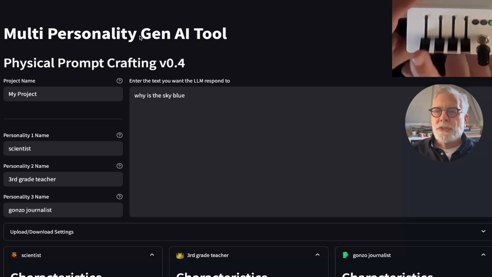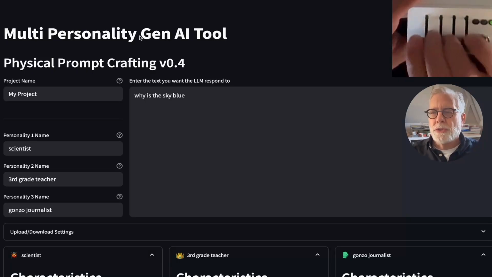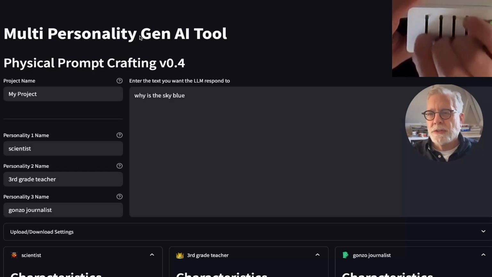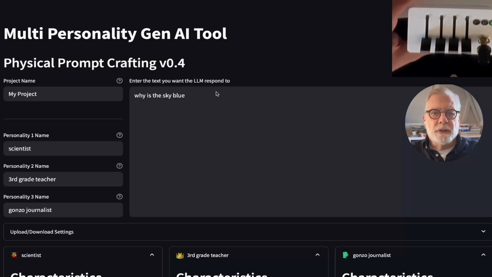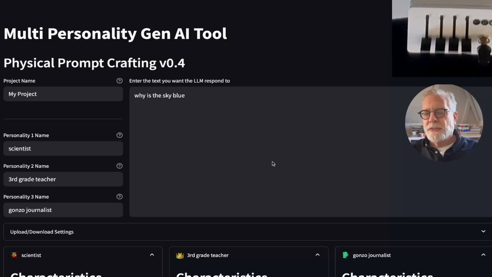And this includes the physical prompt crafting, which uses this graphic EQ-like device here to adjust the personalities that you're creating. So the idea is you have a standard question like, why is the sky blue? And you have three different personalities that answer this question. So you set them over here, set their names over here. And so the idea here is to have multiple personalities that answer the question that you set, and it forces